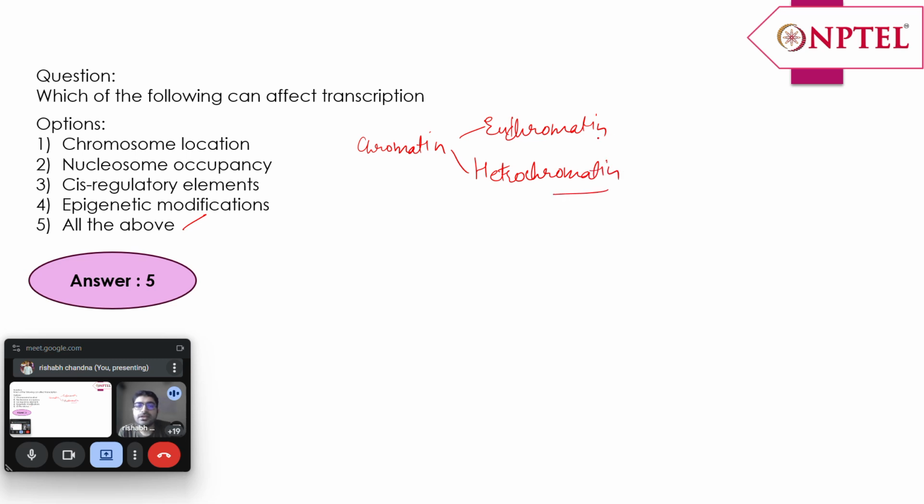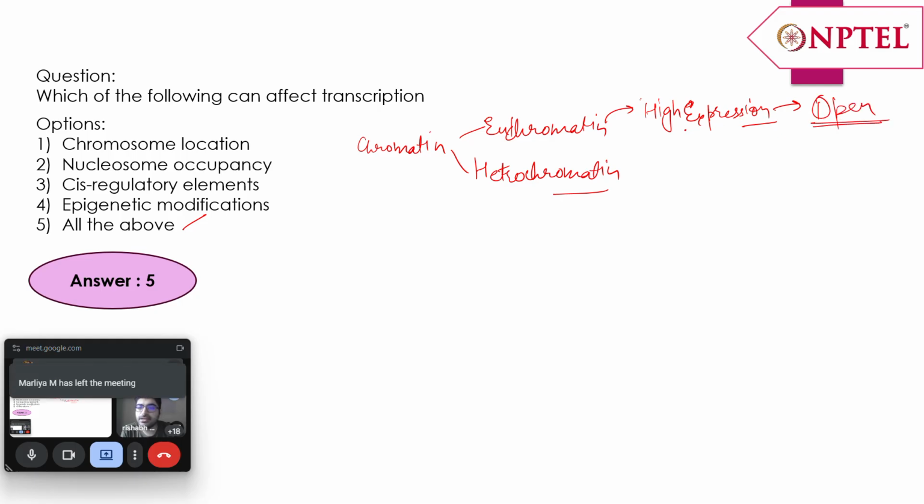Euchromatin is a region that is high in transcription or high in expression, because this region is not wound on itself and is open in nature. That is why it is high in expression. The heterochromatin region has low expression